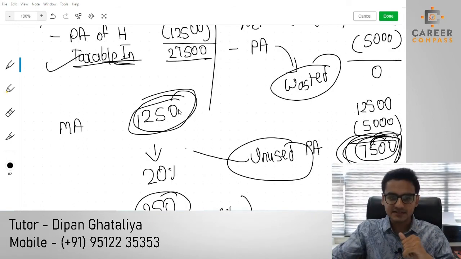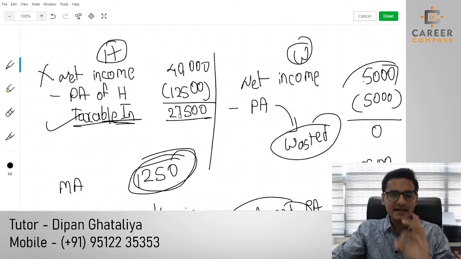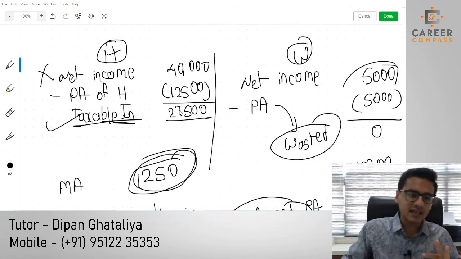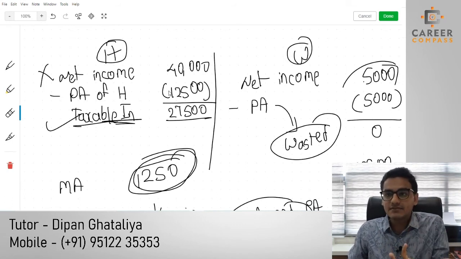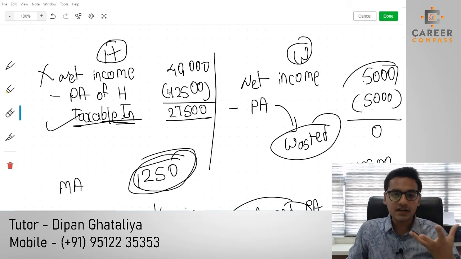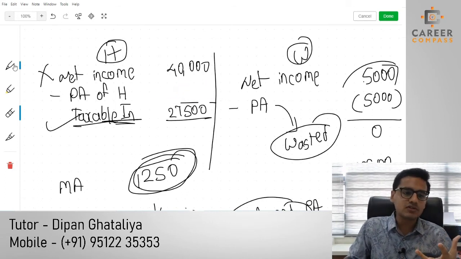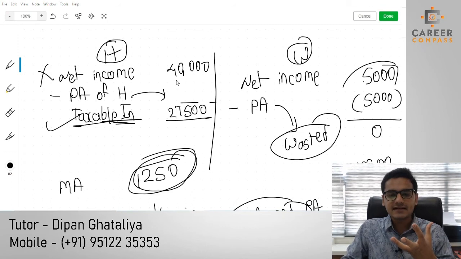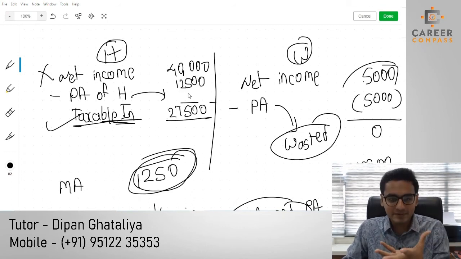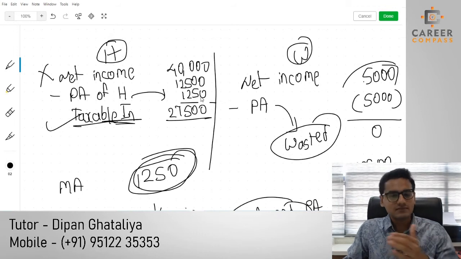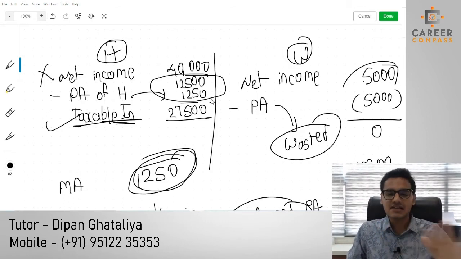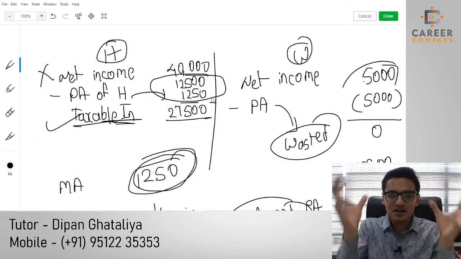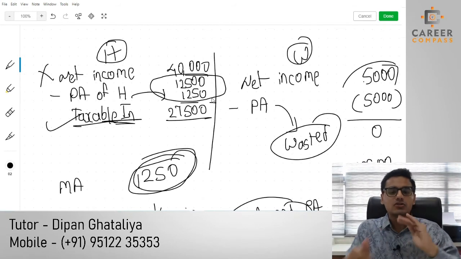So that is why HMRC is saying, okay, we got the idea of what will happen in this situation. So let's do one thing. We suggested to HMRC that, as we are qualifying to claim marriage allowance, let us give more personal allowance over here. Let us give 12500 as our own personal allowance, as well as 1250 of the marriage allowance. Okay, so let us claim the more personal allowance. So HMRC said that no, we don't want to change our main pro forma of the calculation, so let it be